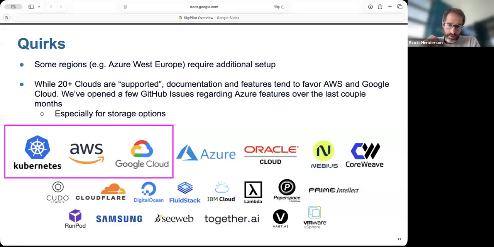And while there are over 20 clouds supported, which is important because of this vision of supporting access to all infrastructure in a unified way, there is, of course, more development happening on specific providers. And that's just because I think as open source software, people are working more often in specific clouds. And so I've found that Kubernetes, AWS, and Google have the best, most up-to-date support. Maybe don't have as many bugs showing up. That said,